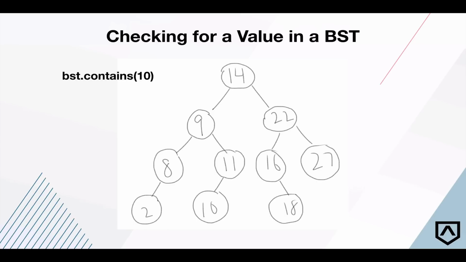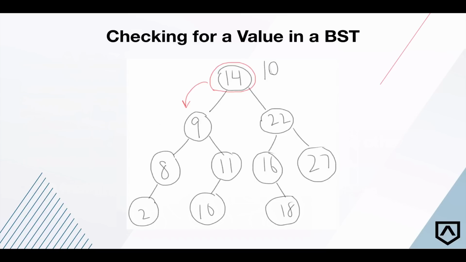Let's walk through it. If we call this method with 10, the first thing we're going to do is compare it to the root of the tree. So our initial value 10, we compare that to the root's value, in this case 14. Once we do that comparison, we can easily figure out whether 10 is less than or greater than or equal to the value of 14. And it's easy to see that 10 is less than 14,